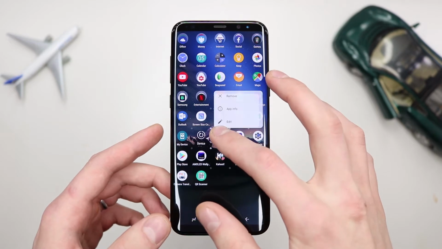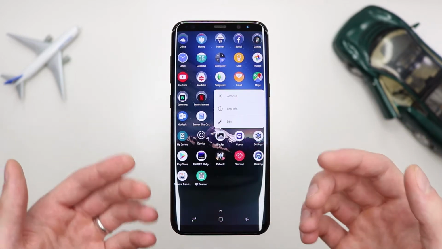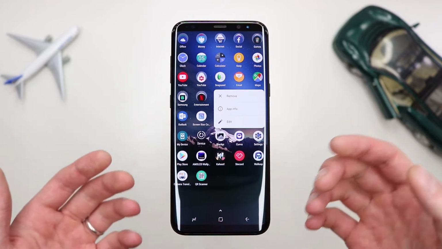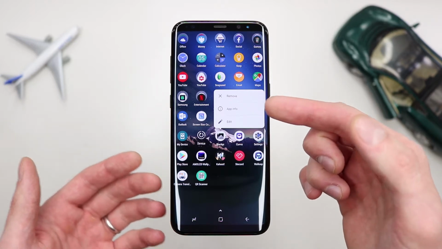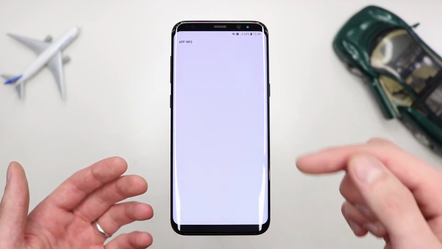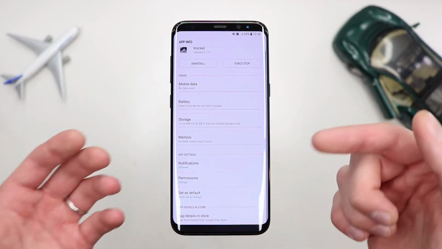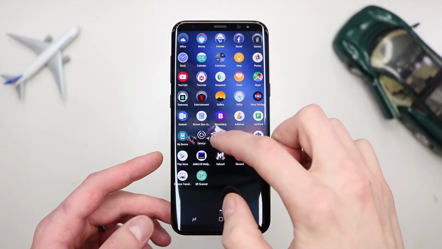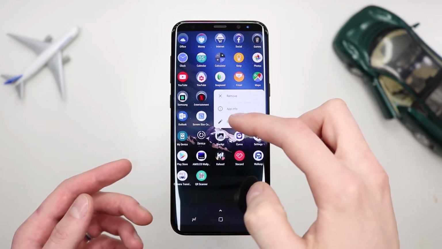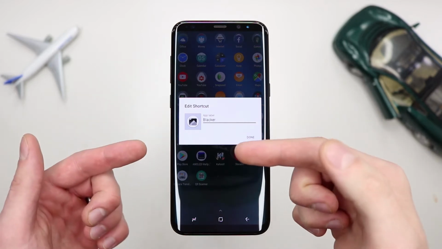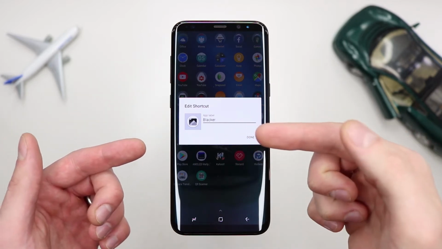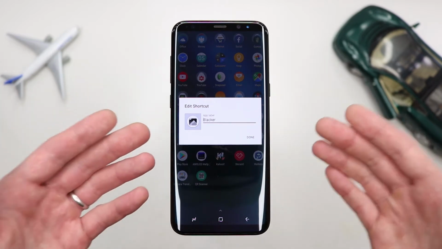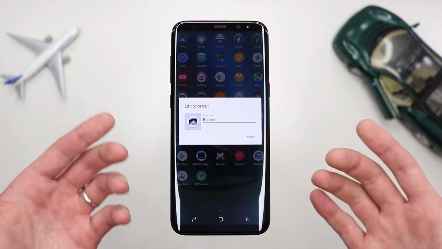So now if I long press on an app, the pop-up menu is a little bit different and it just looks like Android Oreo. This pop-up menu just makes things so much easier. For instance, you can remove the app from the home screen altogether. You can go to app information to look at things like permission, notification, turn things like that off, or you can uninstall the app altogether. And you can also customize the icon. For instance, if you tap on edit, you can change the icon of the app, the name of the app, and this can also help keep things private on your phone. So if you change the icon and the name, people are not going to know what this app is apart